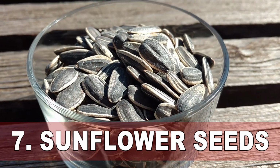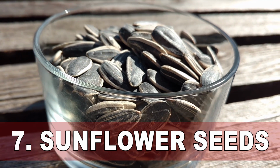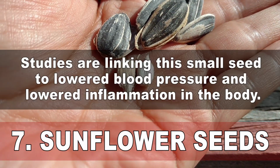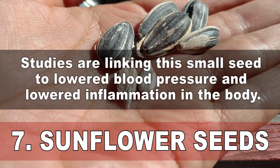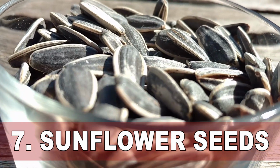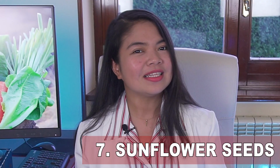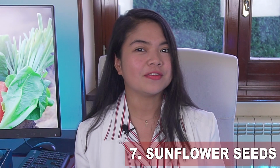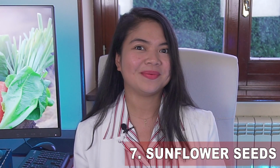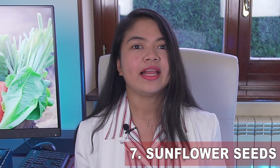Sunflower seeds. Most people consider this food just a simple snack, but you won't underestimate sunflower seeds anymore after learning about its kidney benefits. Studies are linking this small seed to lowered blood pressure and lowered inflammation in the body. Both these benefits are crucial when it comes to fighting kidney disease. And while seeds in general are a bit high in phosphorus, this is not the type of phosphorus you should worry about. Adding seeds to a renal diet is indeed considered good for you because they are a great source